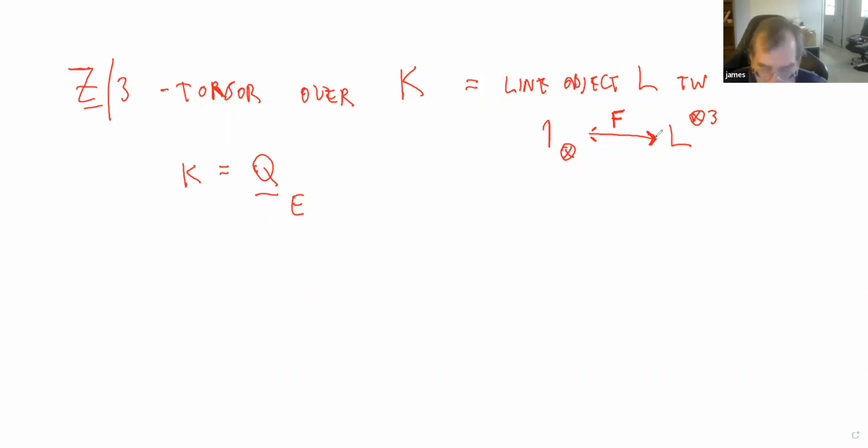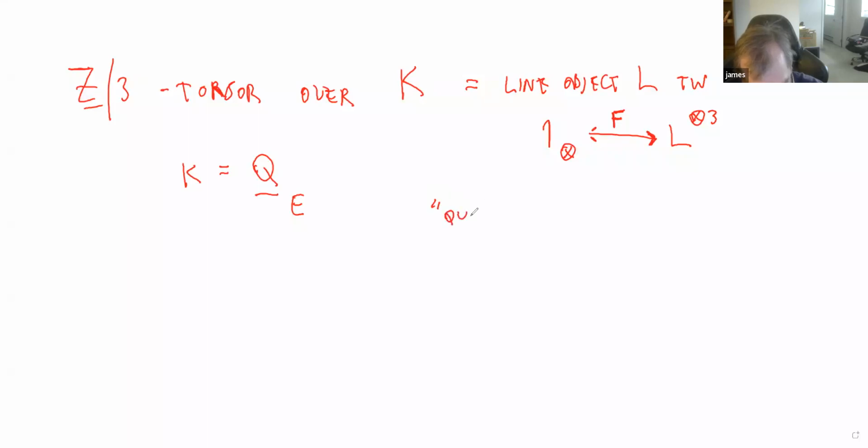And so that enables this sort of gauge fixing, so to speak. And that results in this concrete lowbrow description of the classification of these torsors. I want to say something like it's